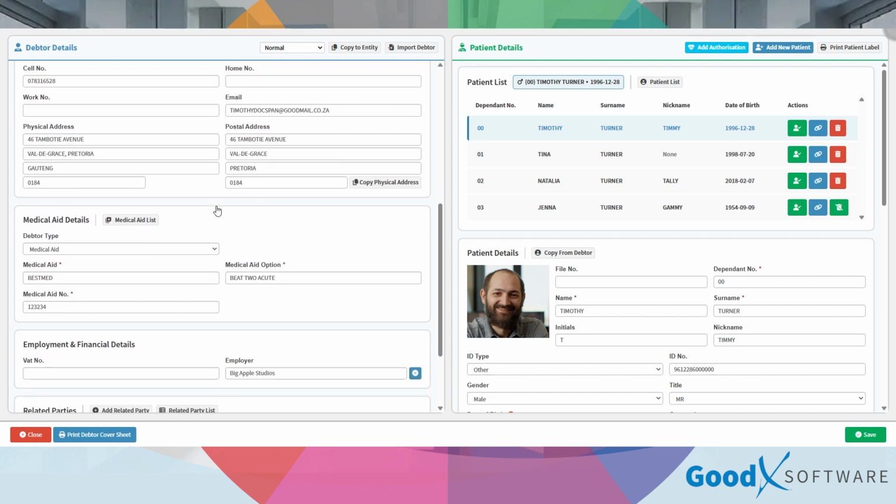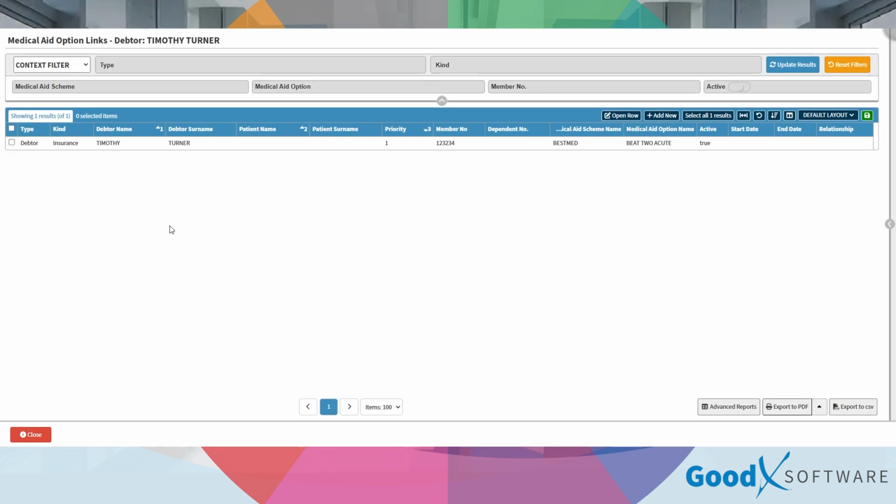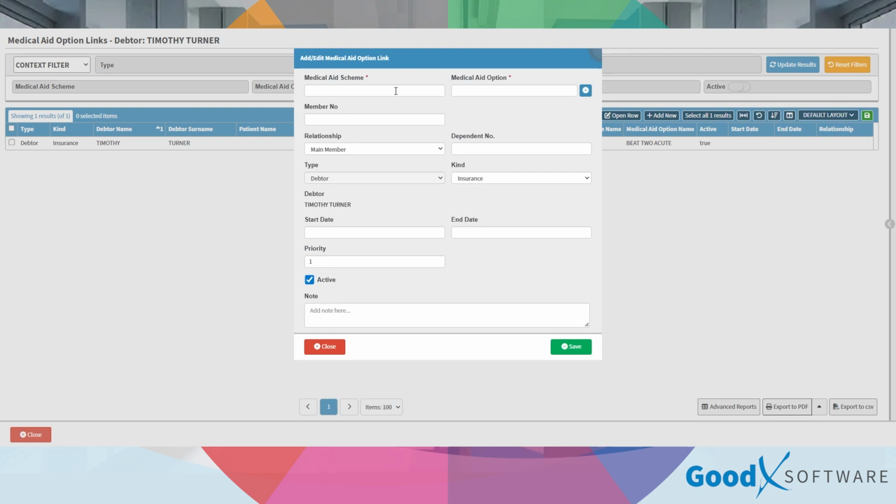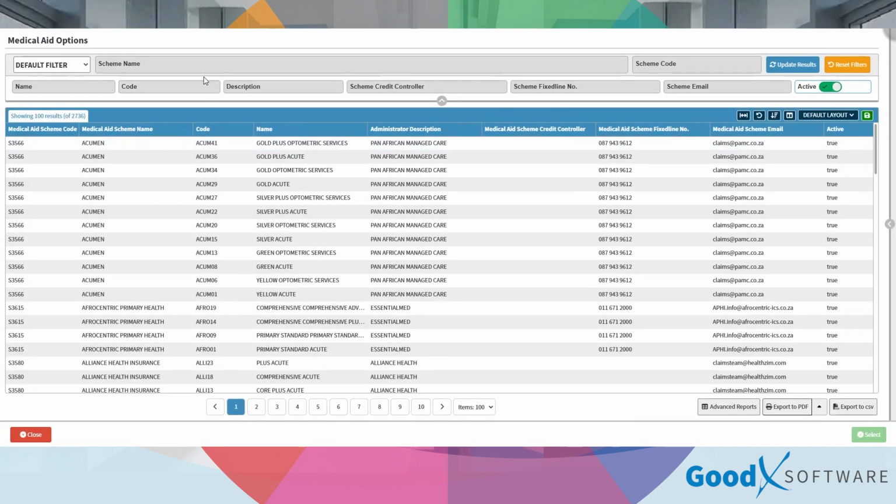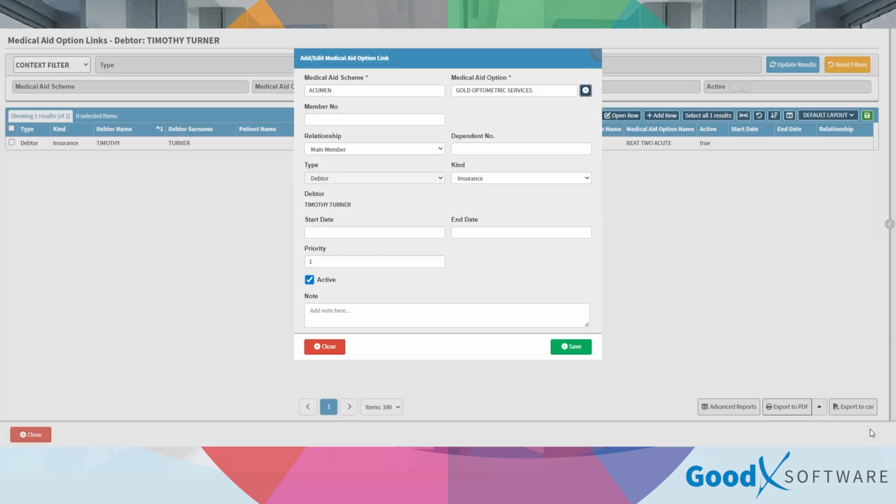The same concept then applies with the medical aid as well, where this is the primary information, but you can then also add multiple medical aids under one patient so that the history stays intact and duplication is reduced. So you can come over and add a new medical aid here. We can select one from the list, give it a medical aid number, dependent,